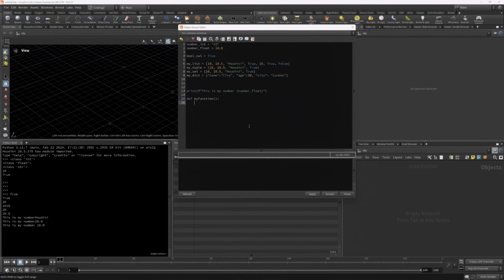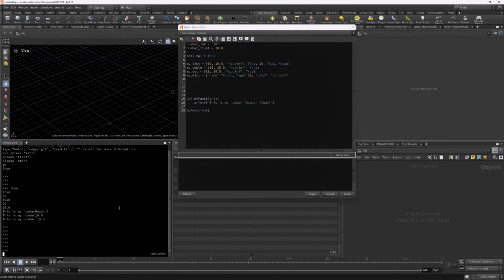And then inside my function, I am going to print what we have here. And then if I want to call this function, all I have to do is just copy this, put it here, and then after defining the function, we are going to execute that function. So if I give a couple more lines here,